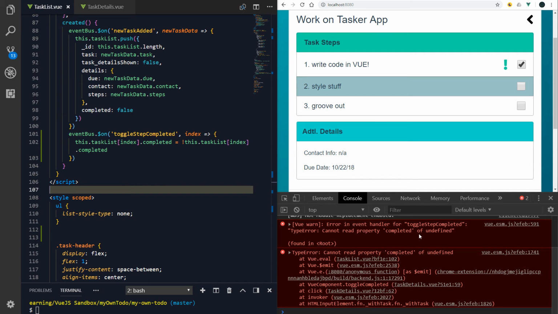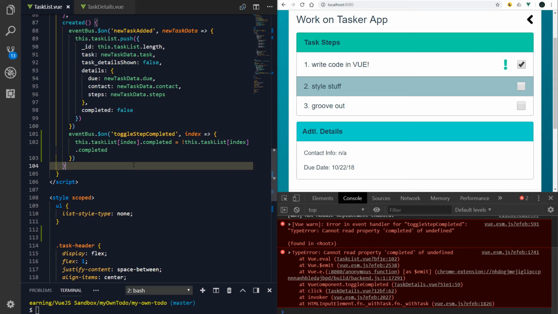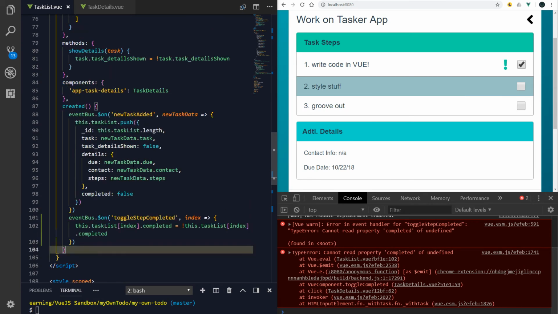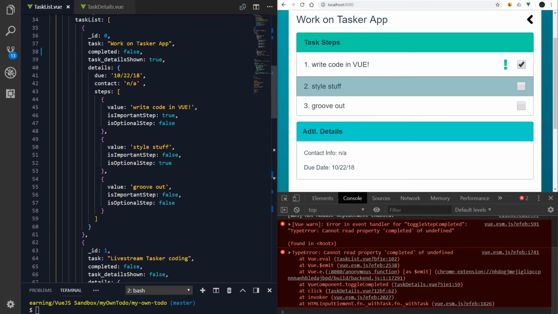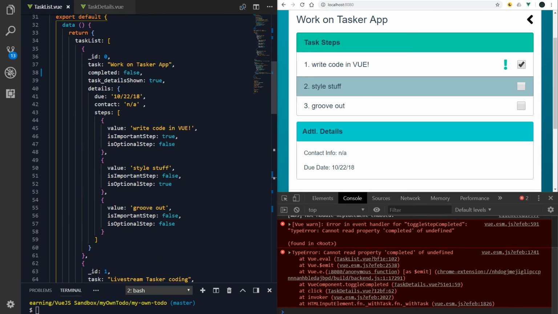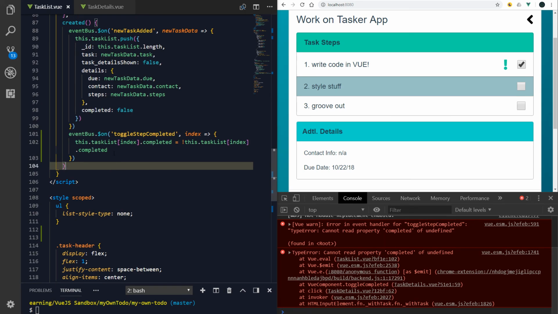Cannot read property completed of undefined. So task list. How am I spelling it? Task list. This dot index dot completed